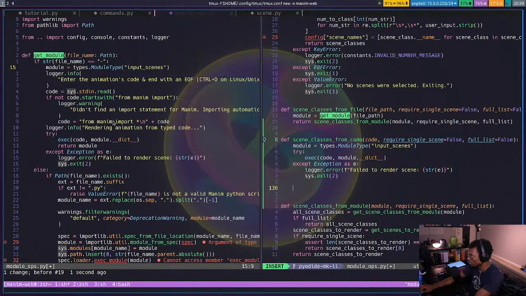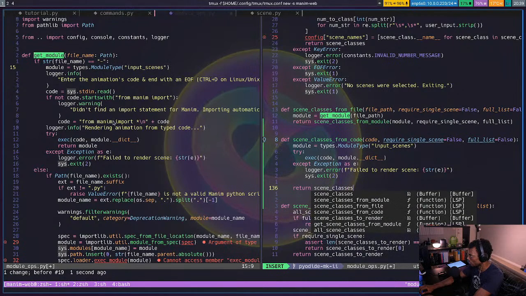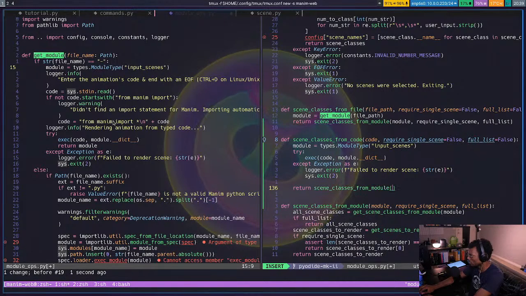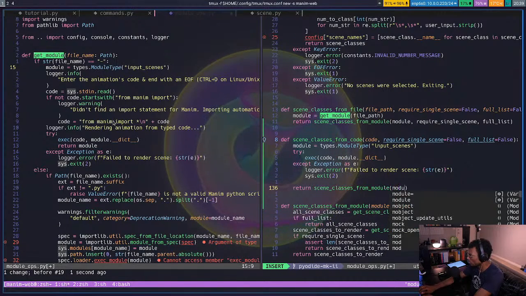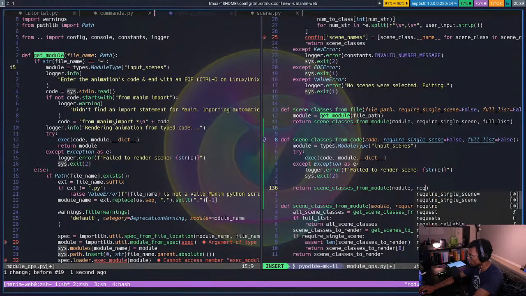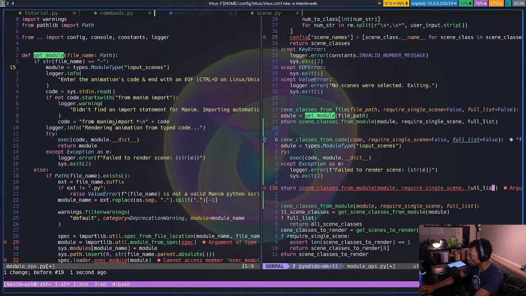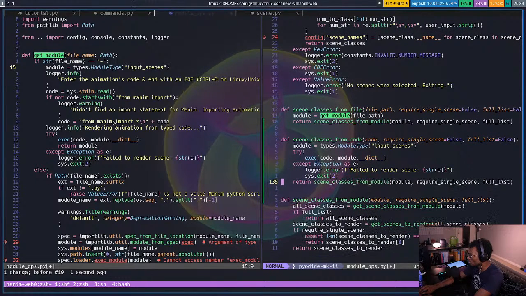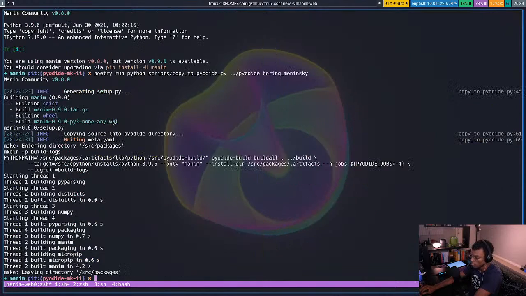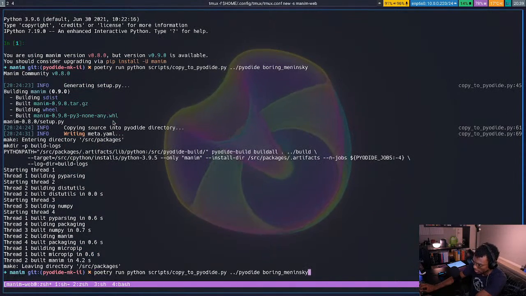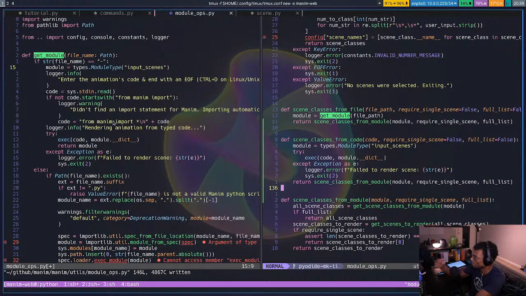And then it can go straight to scene classes from module. Okay, so let's compile that in. And then hopefully I can call scene classes from code